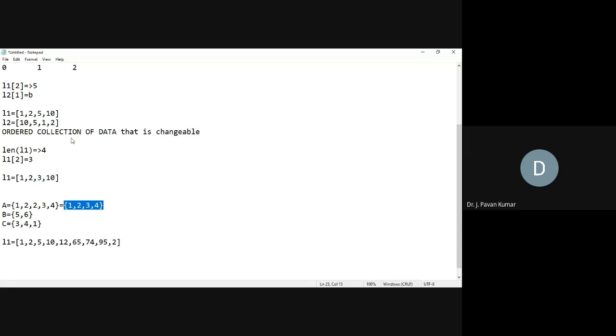If one point is present, that point will be inside that circle. If that particular element is present more than one time, how many times can we denote it in the Venn diagram? We cannot denote it more than one time. That's why we will not have any duplicates in a set. Even if you have 100 times, we cannot have that significance in the set.